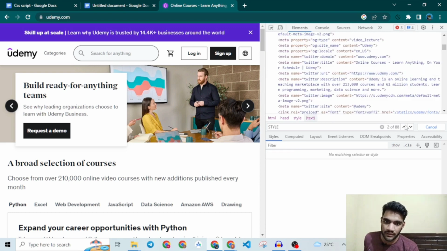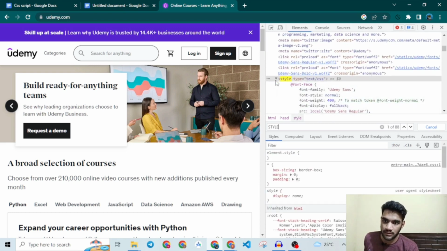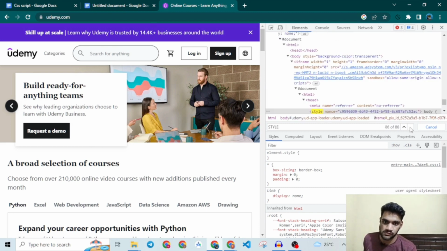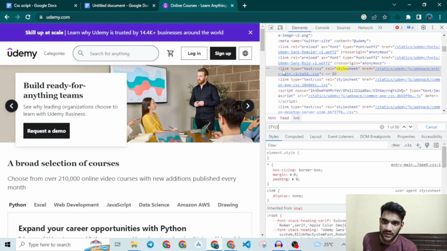And yep, this link type text CSS relation style sheet. If I delete this,